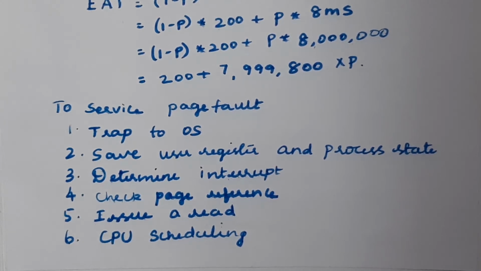If you initiate the transfer operation, what is the first step to be done, which is nothing but issuing a read operation. You need to read a page from the disk, issuing a read from the disk to a free frame. In that you need to wait in a queue, because there might be many read requests given to the disk for transferring pages, isn't it? So you need to wait in a queue to perform your given request, and wait for the device seek or latency time.